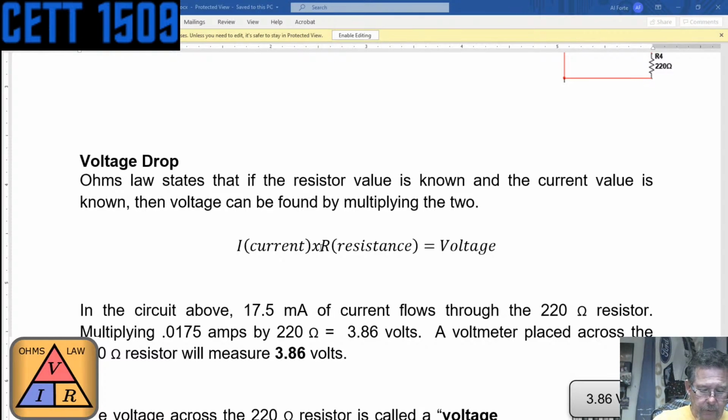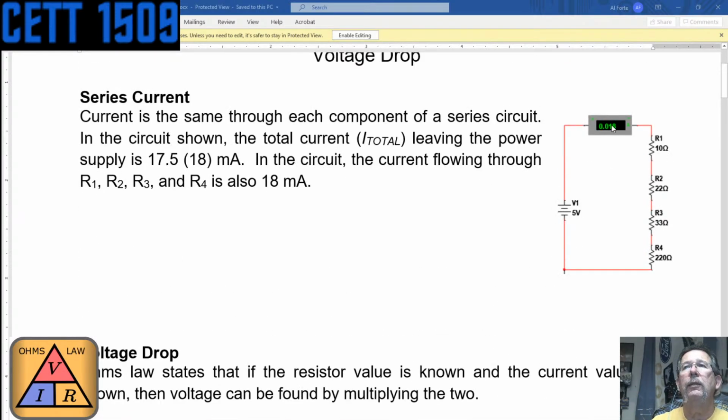Accounting for lag, we'll just kind of piddle here, and let's see, I got a calculator. Yeah, there's my calculator, guys. It looks like a TI calculator back in the day. So 285 ohms times, now because they're whole ohms, I'm going to convert it from 18 milliamps to amps. And actually this right here is showing amps. It's not showing 0.018 milliamps, it's showing 0.018 amps. So 285 ohms times 0.018 amps gives us